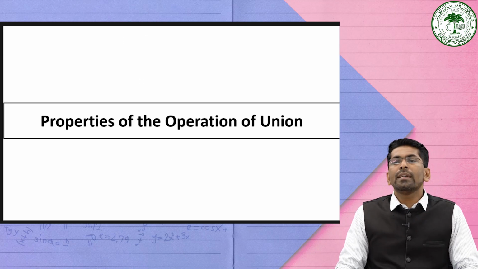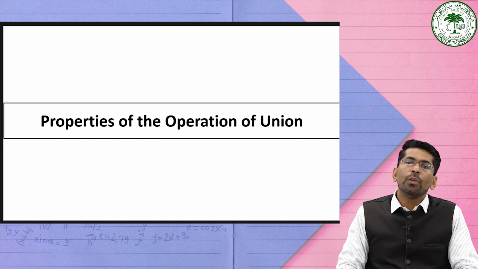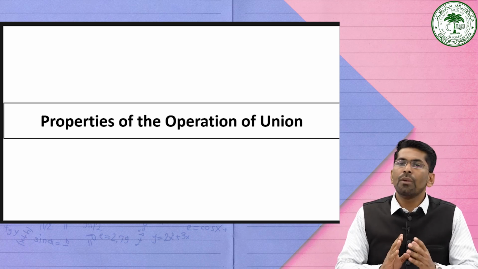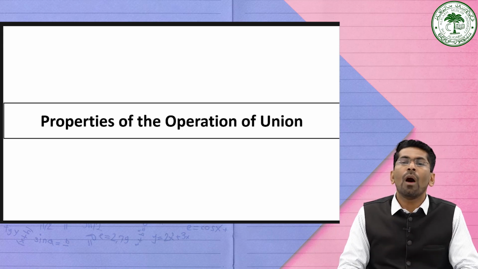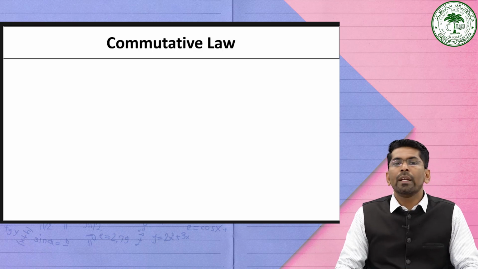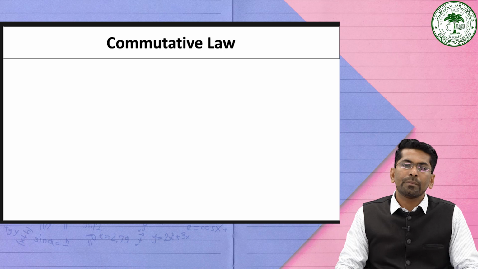Now, we will discuss various properties of the union operation of sets, which are essential for understanding how sets interact and how the union operation behaves. The first one is the commutative law. That is, A union B is equal to B union A, which represents the commutative law for the union